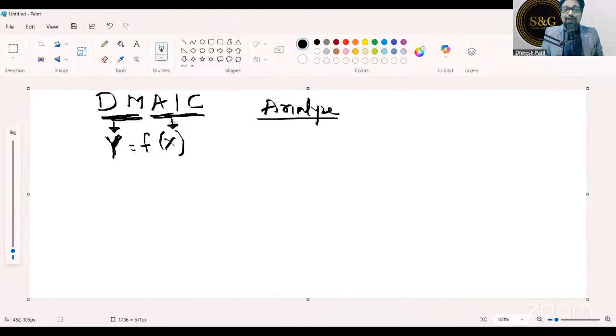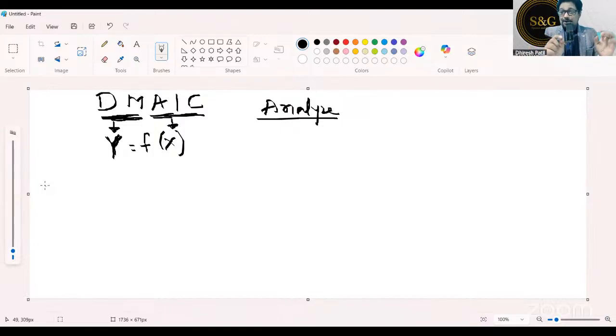Are you clear with this, separation of this DMAIC framework into these two packets? Just give me yes in the chat box if you're clear about it. Everybody's clear, on the same page? Very simple. New people also can easily connect with this. I've given a very simple example so that you can connect to this. So Define and Measure phases always focus on output. Analyze, Improve, Control phases always focus on input. Remember this always.